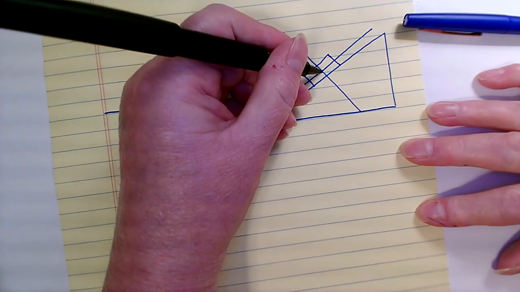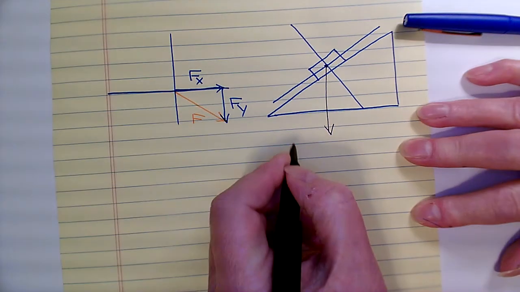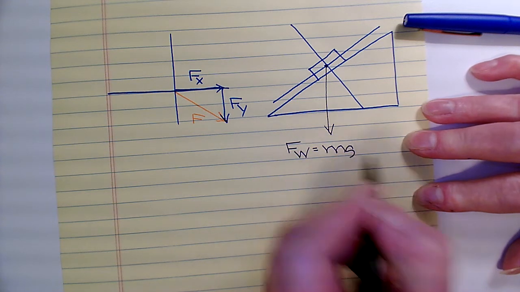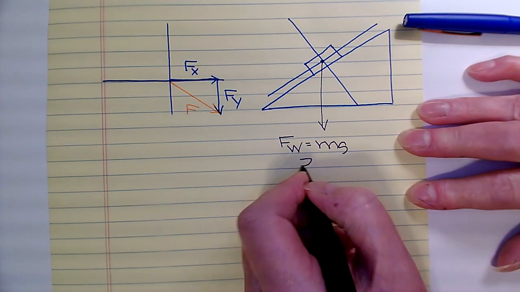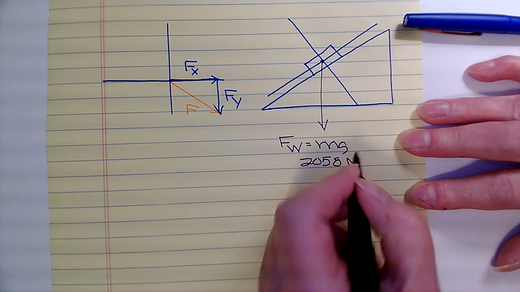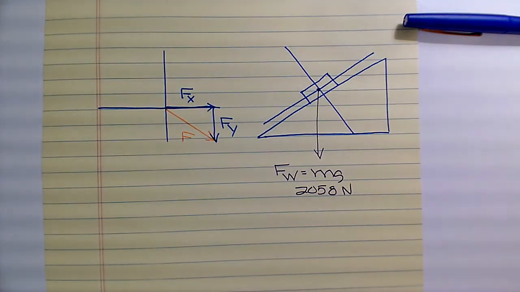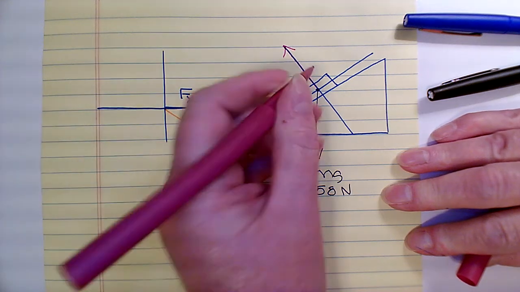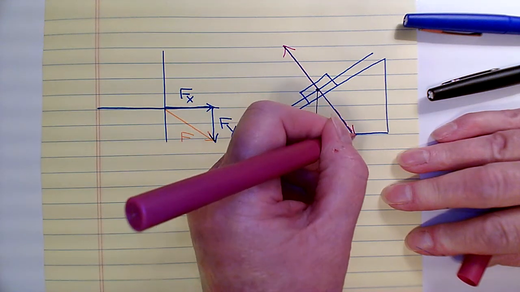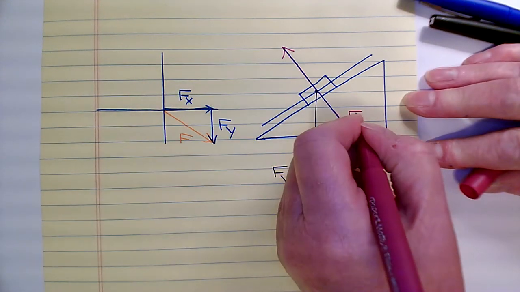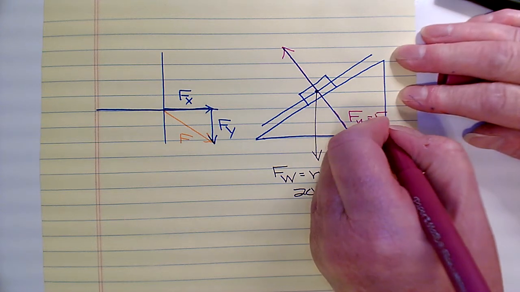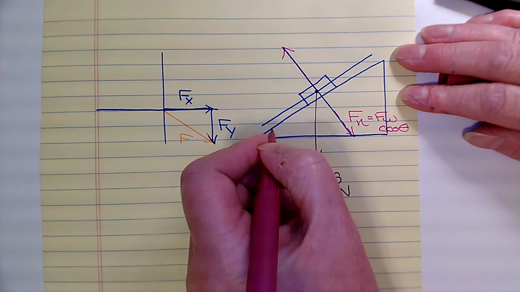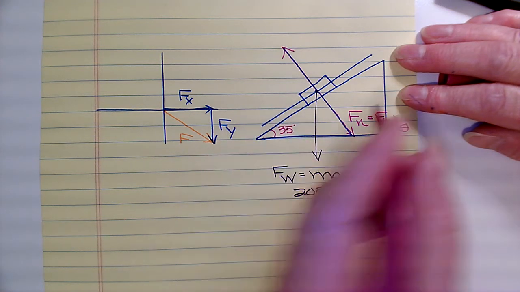So let's just get started with what we know already. So it says that the object has a mass of 210 kilograms. So 210 times 9.8 turns out to be 2058 newtons. All right, let's calculate Fn. So Fn would be going up, but we're going to do the Fn going down. And Fn is obviously Fw times cosine of theta. So that's 2058 times cosine of 35 degrees. And that turns out to be